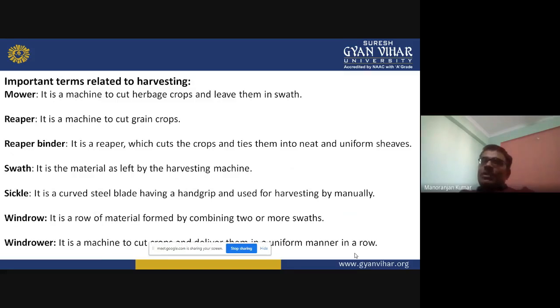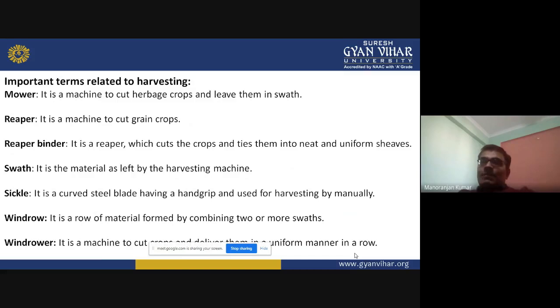It is a reaper which cuts the crop as well as ties them into neat and uniform sheaves. Swath is the material left by the harvesting machine on the field.